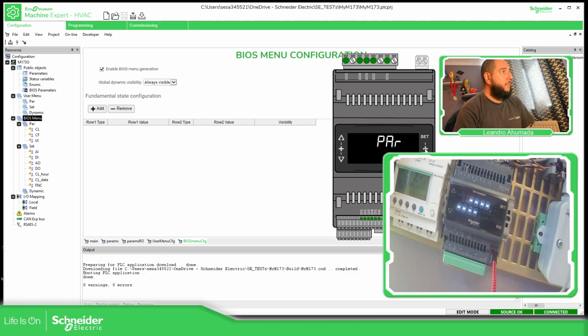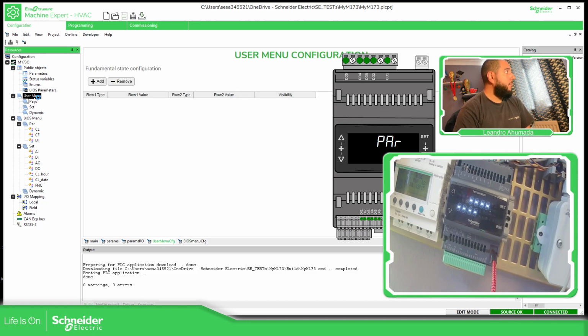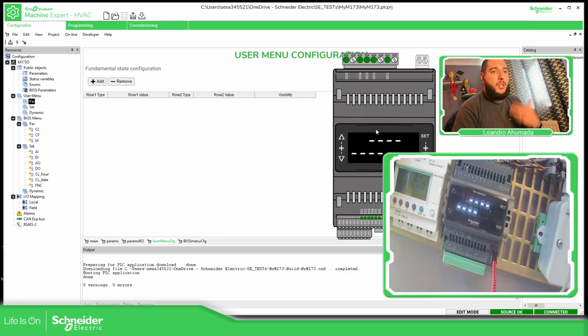I can go back. Here are the parameters that go over here. The user is this part. When you select par, it goes here. I can change this here. Set, it doesn't have anything yet. So let's go back. Now, if I want to change the initial menu, I just need to go to the